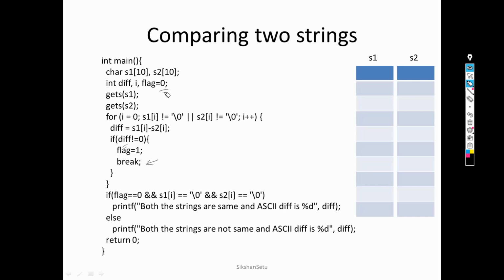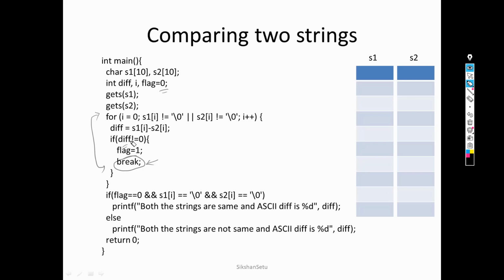Here we have initially taken one flag variable, that is flag equals to 0. Now when you are completing your code, there are two possibilities: either this for loop is fully executed, which means it is executed the sufficient number of times, or another possibility is, since we have used a break statement over here, the loop gets terminated prematurely.